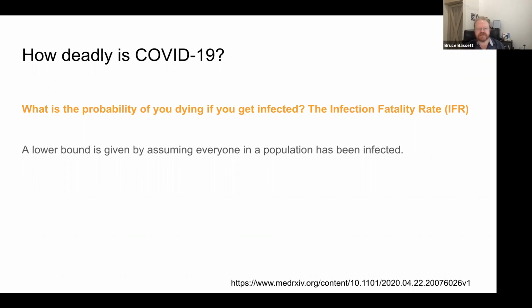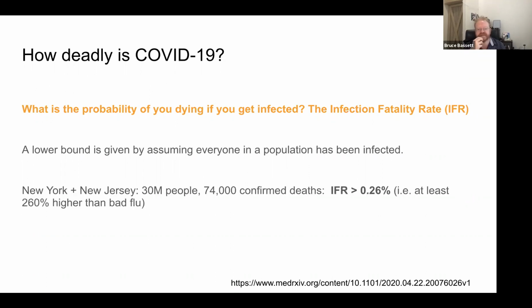And so if we do that, for example, if we take New York State and New Jersey in America, that gives us a population of 30 million people. They've had about 74,000 confirmed deaths. And that tells us that the infection fatality rate has to be at least 0.26%, which means it's about 260% higher than bad flu. We know it's almost certainly significantly higher than that because we know that not everyone has